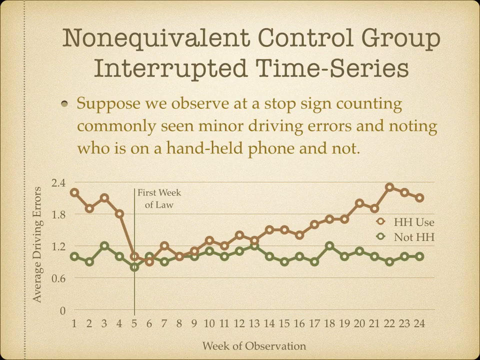But over time, I'm imagining that this drifts and you begin to return to your former baseline. And indeed, we see that often in these kinds of studies where an event occurs and then eventually people do return to their former baseline. And that's what I've illustrated here, that up until about week 13 or 14, there's not much difference between the handheld using persons and the non-handheld using persons. But once you get to about week 14, 15, 16, there's a gap that persists from then on, and the handheld using persons are consistently making more errors than the non-handheld users, which are staying pretty much the same as they were before the